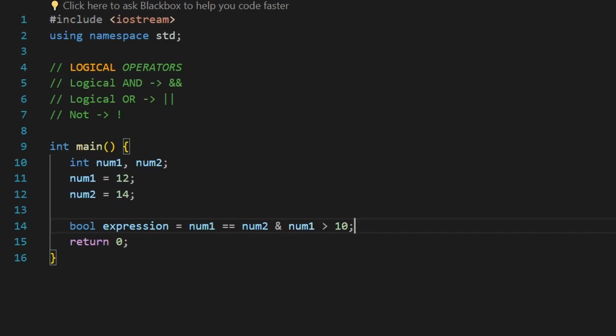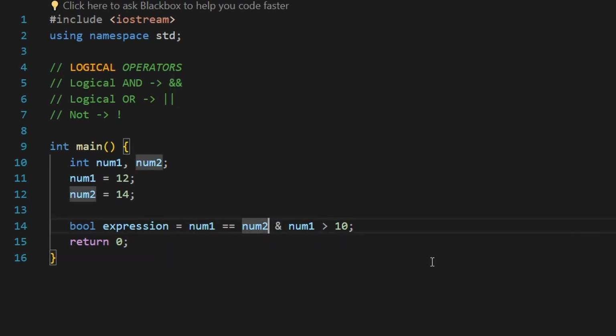So what am I doing here exactly? First of all, this is the AND operator, the logical operator called AND. But as you can see, there's only one ampersand right here. Instead, in the comment right here, I said we can have two ampersands. And of course, they are different than each other. And we will explain the difference. But first of all,